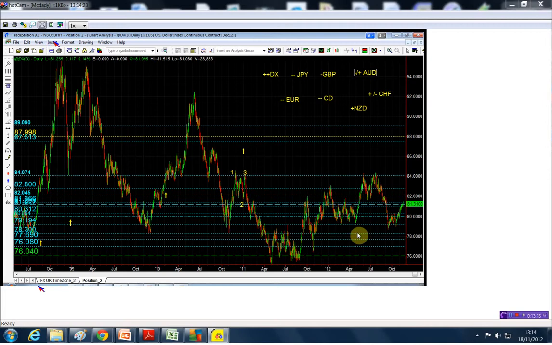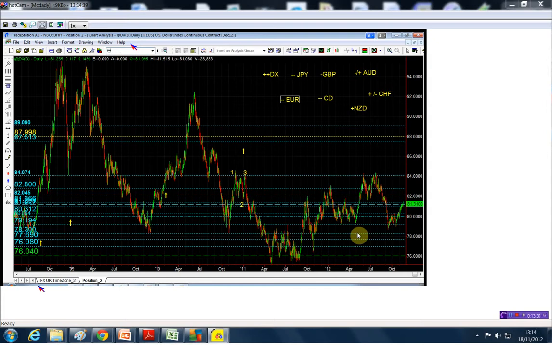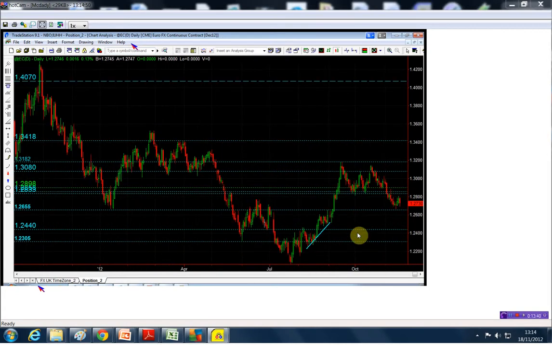Okay. The next one we're going to look at is the euro dollar, and as you all know, the euro has been linked to the Swiss franc, and they have set a relationship. The Swiss National Bank has set a relationship between the Swiss franc and the euro to be around 120 to each other, and that relationship has created that the Swiss and the euro to be moving pretty much in the same direction